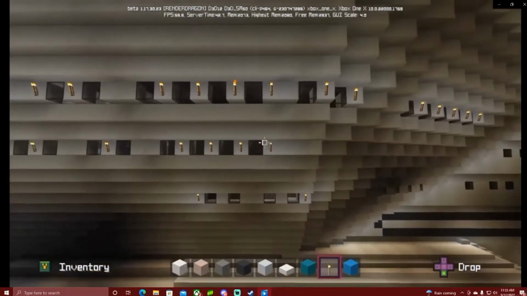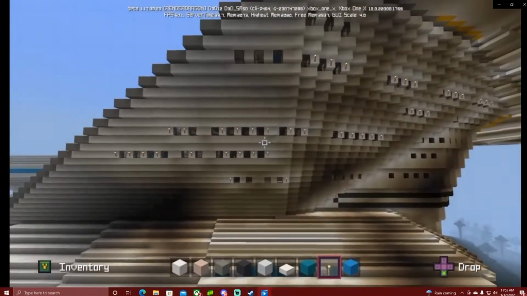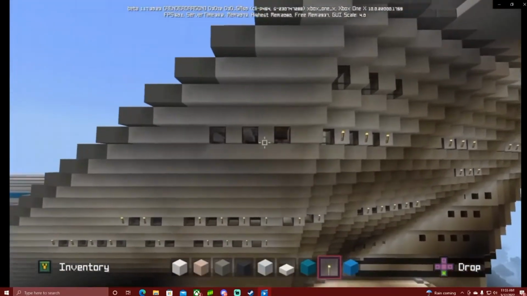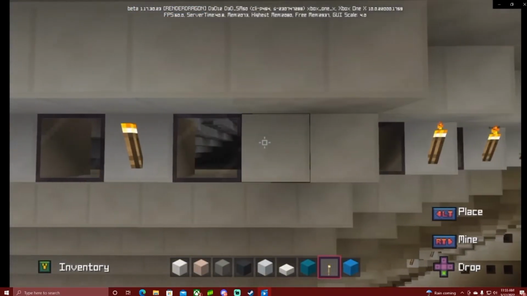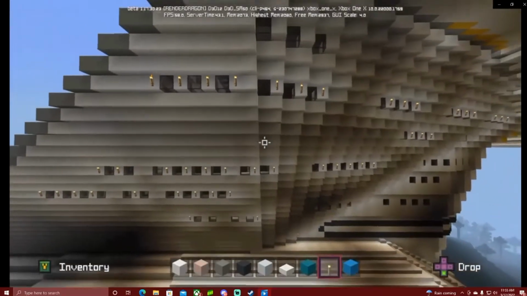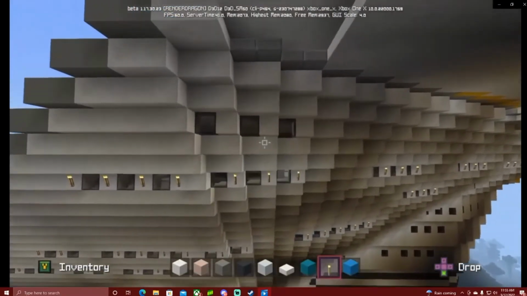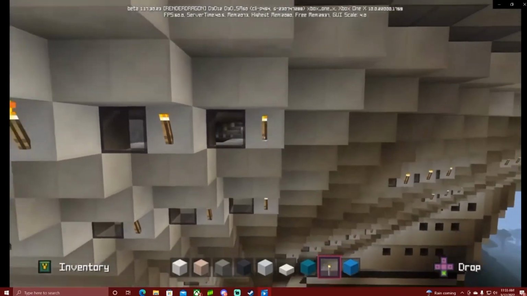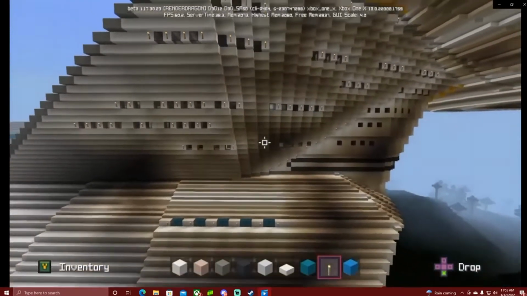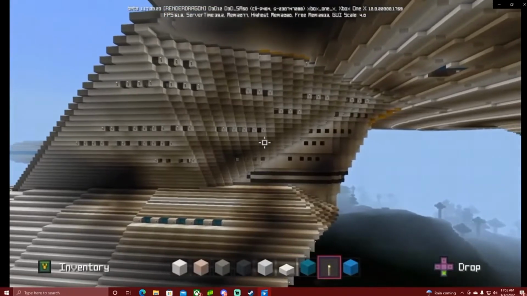But even though there's a lot of work to do, I'm still closer than I've ever been to being completed on this thing, because the majority of the work is actually done. There's still a little bit of work that I need to do on the back end of the lower hull, which I still haven't figured out what I'm going to do. So don't be surprised if that ends up being one of the last things that we do on the build. But once I figure out what I'm going to do with that, I'm probably going to build it out.